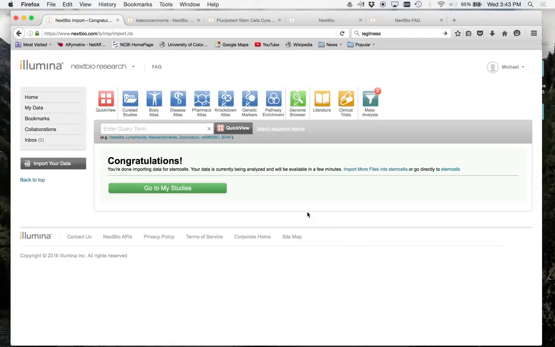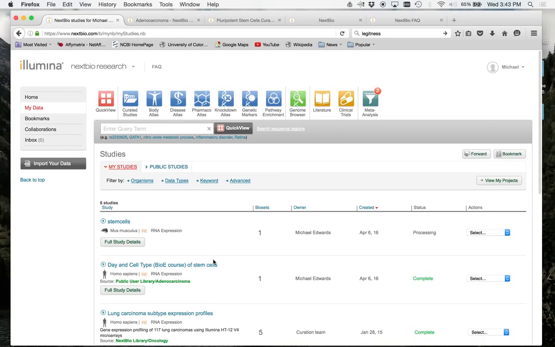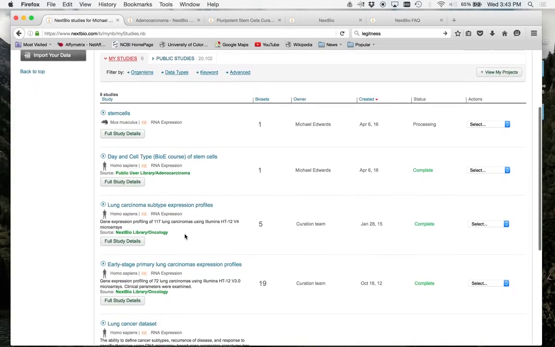Okay, it's being analyzed. I already did this before, actually, like 45 minutes before you guys got here. So now we have a gene list in our studies, and it's under stem cells, and this is getting processed here. So I did the same thing with this same gene list. Here it is. So you can